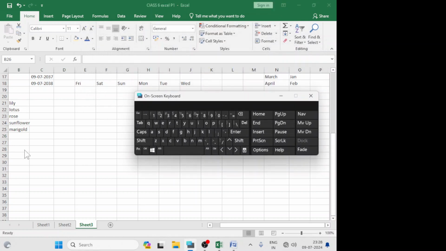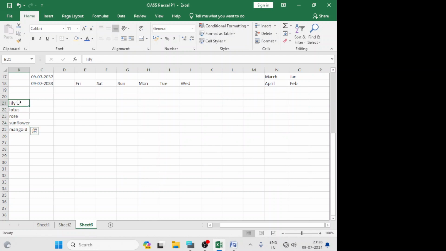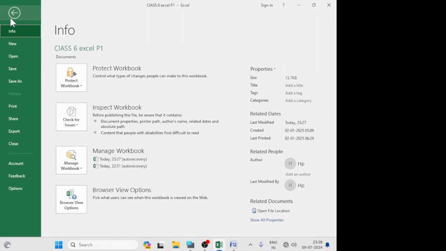Now what you have to do, select these flower names, click on the File, then come to the Options.